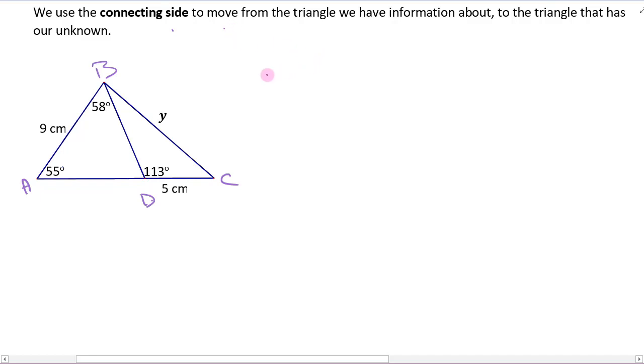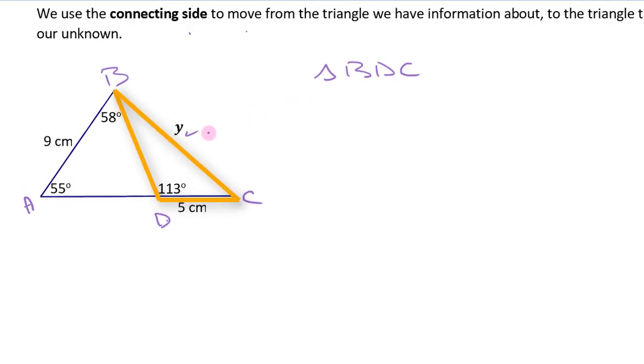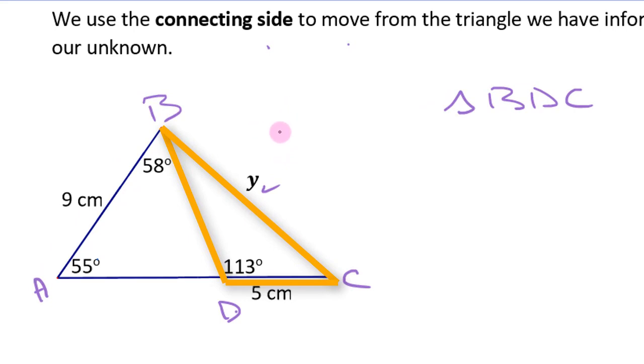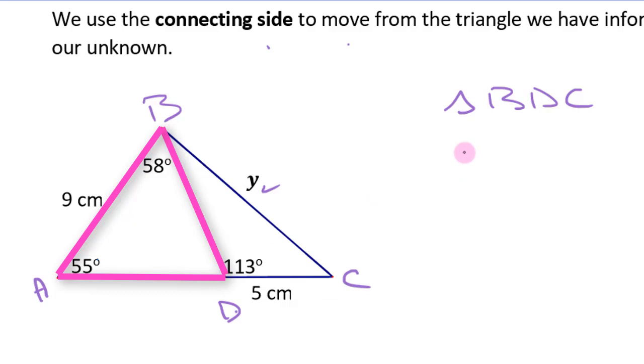Alright, let's get started. In this diagram we're asked to calculate y, and in triangle BDC we're not given enough information to use the sine law or the cosine law, and we can't use our primary trig ratios because it's not a right angled triangle. But if we take a look at triangle ABD,